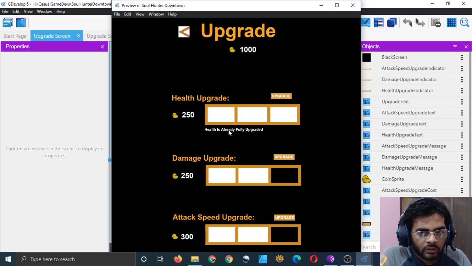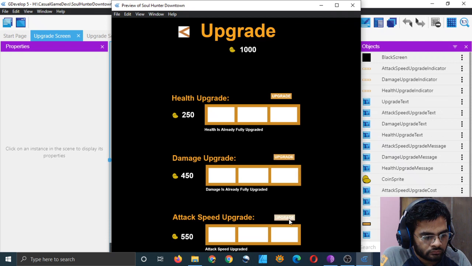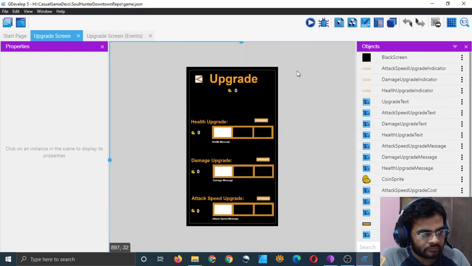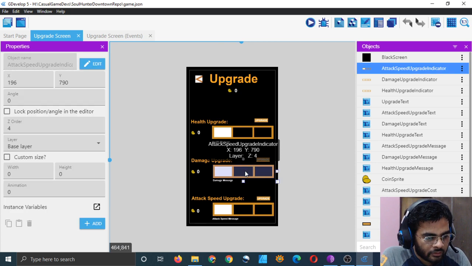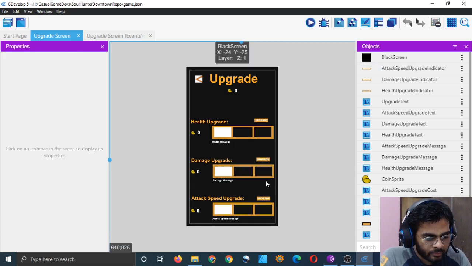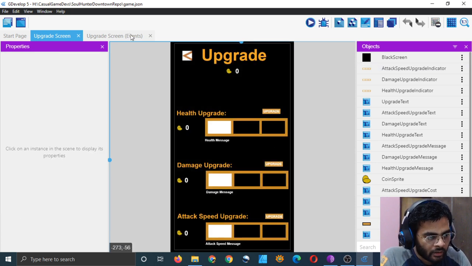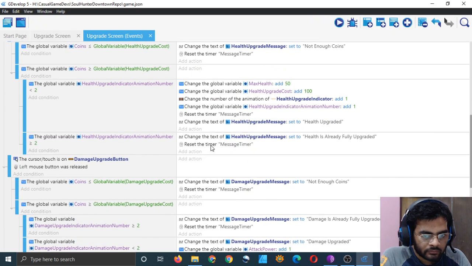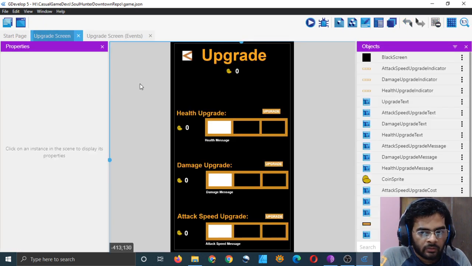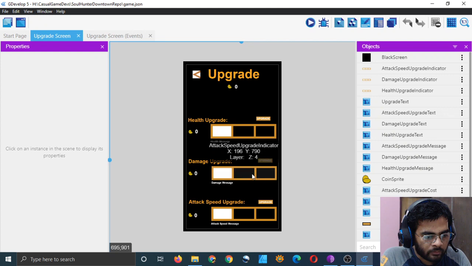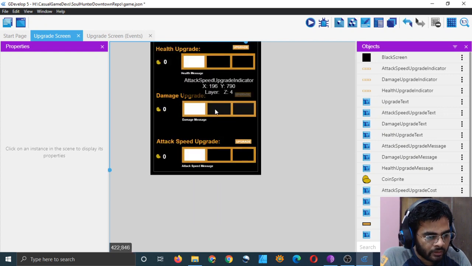I will remove the word already. So these two are swapped, and yeah, to change that. This is, I mean, the sprite. Our logic is correct, but the sprites were swapped. So let me swap them back.